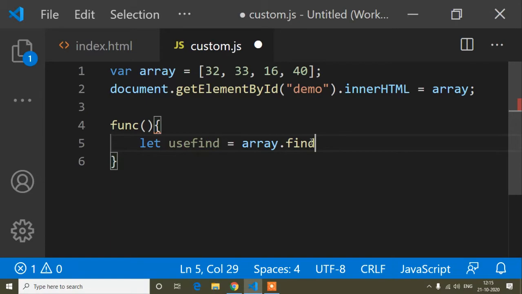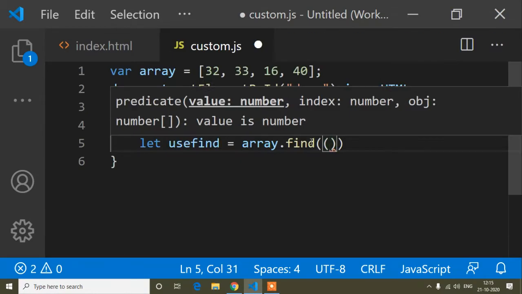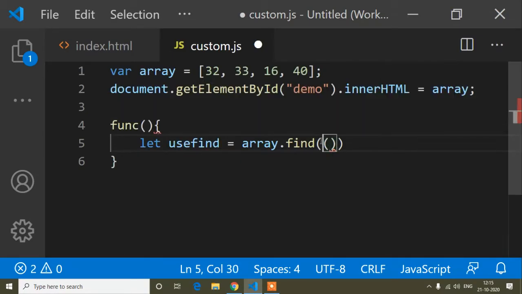find, and this array find method takes a callback function. So for that, parenthesis and again parenthesis, and in this parenthesis I will write a function name, because it takes a callback function. So I will write the function name e. So e is the function name. Okay, and this function I will write as a fat arrow function. Here it's showing an error because I did not use the function keyword. So you can do it this way with the function keyword, otherwise you can use a fat arrow function here also.